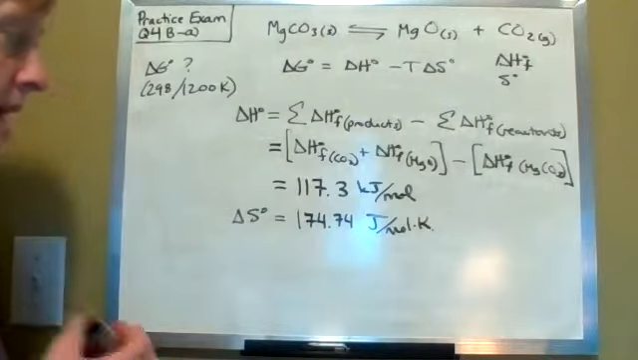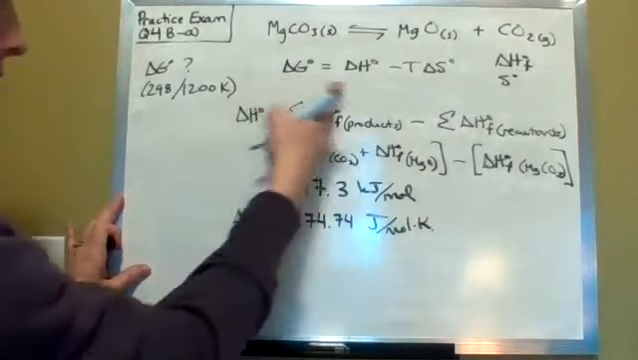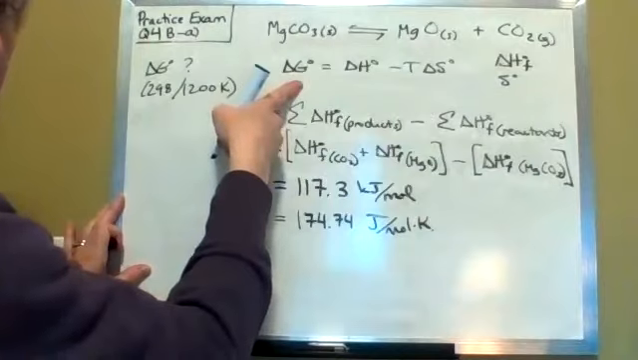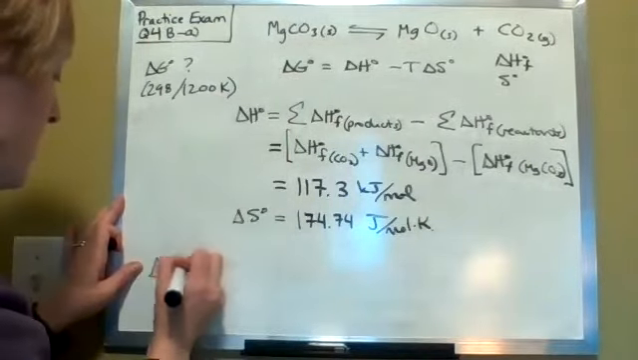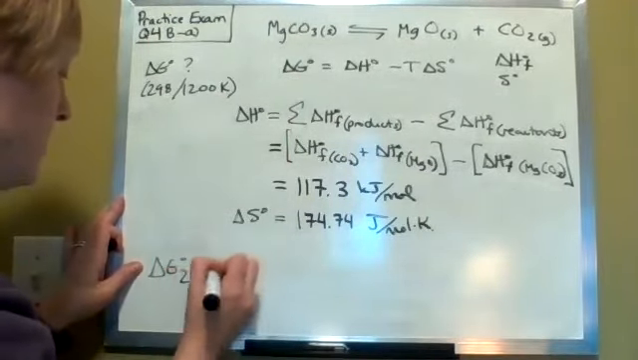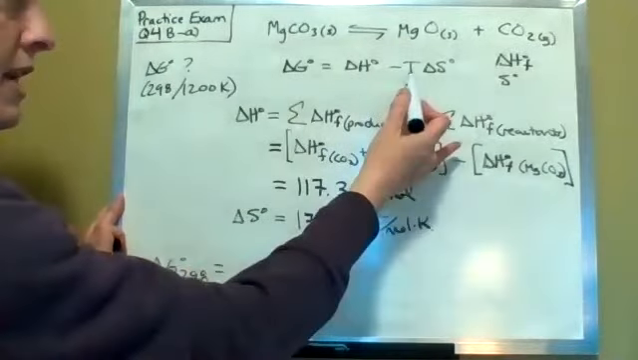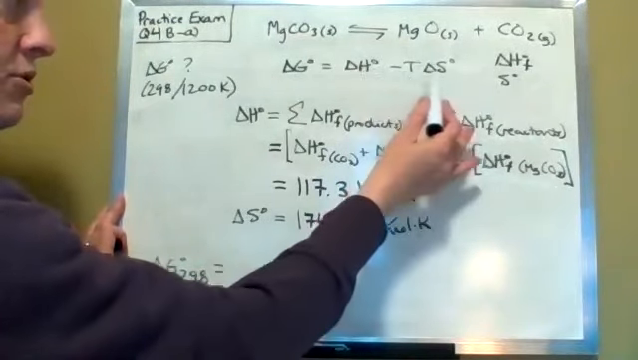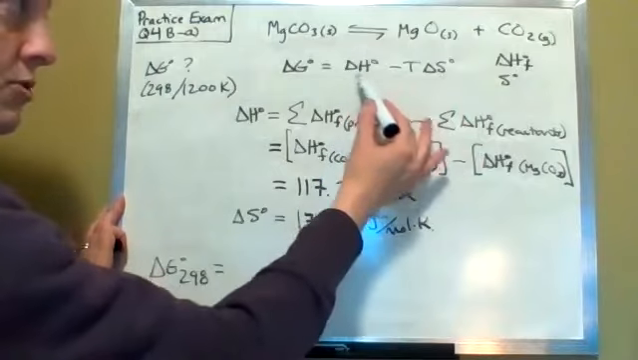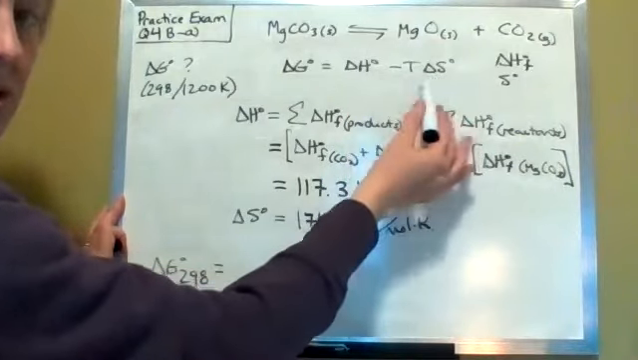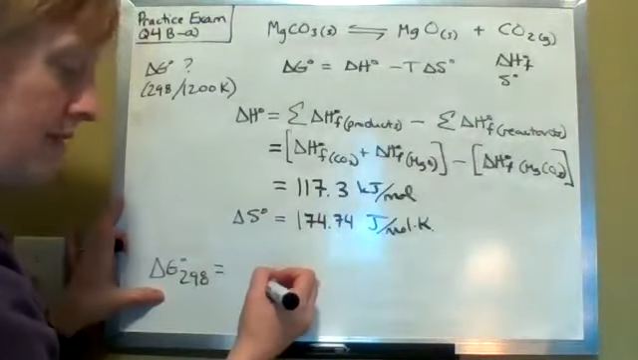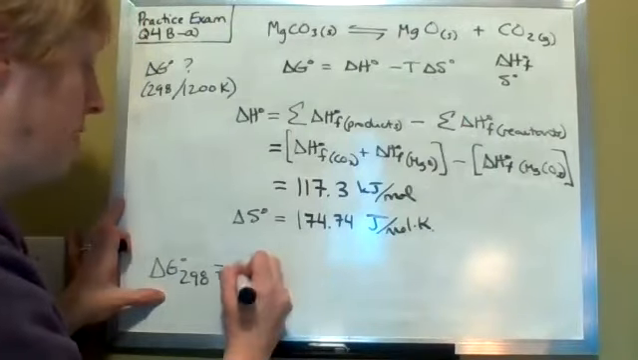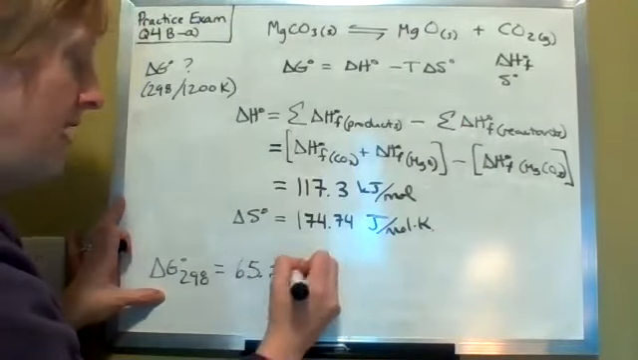But now you're ready to go ahead and do delta G using this equation up here. So if we're going to do delta G at 298, you're just going to be subbing in 298 here. Remember, this is kilojoules and joules, so you have to either turn this into joules or that into kilojoules. Either way, if you do that for this one here, you're going to end up with a value of 65.2